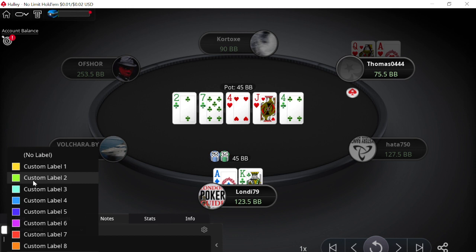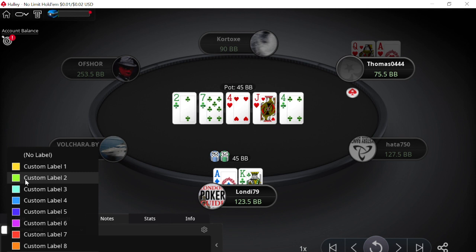Now that doesn't necessarily mean that he's a great player. It just alerts me that he is someone who is capable of 3 and 4 betting very light. And that's very important, especially in a game like Zoom. If I'm on the button or cutoff and I have a cuspy hand, if I see that I have a